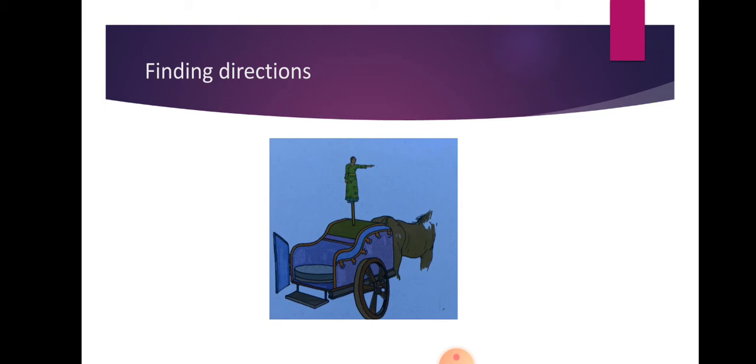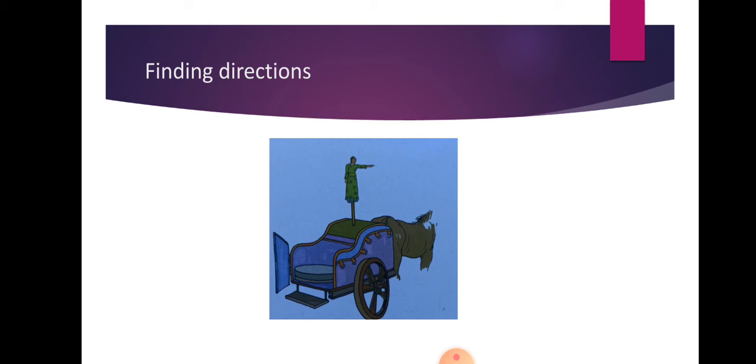But one important thing about this statue was that while at rest, it always pointed towards south. It had an extended arm, as you can see here, and while at rest the extended arm always pointed in the south direction. So with the help of this chariot and this statue, that emperor used to find out the directions.